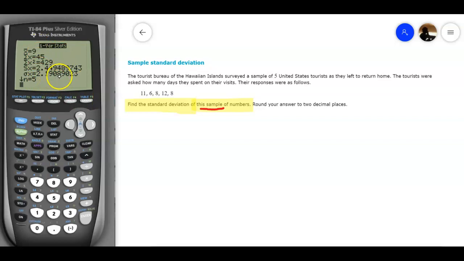All right, so now what you are looking for, the answer to this question is right here, the Sx. All right, the Sx is 2.4494. So that will be your answer. So your sample standard deviation is